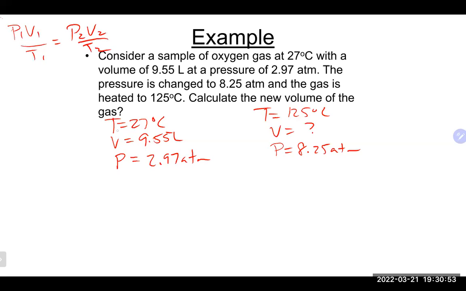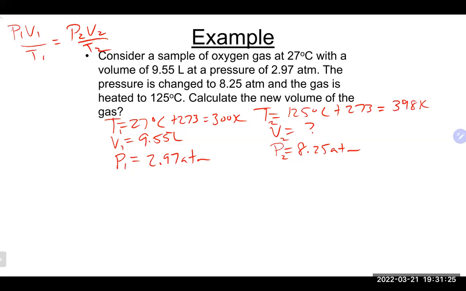We again could just take the first ones in the problem and call them ones. We could take the other guys there and call them twos. In terms of the pressure, they are both atmospheres, which means we're good in terms of the units, but our temperature, much like most, does need to be converted. So we're going to add 273 to each of these. That gives us 300 Kelvin plus 273 gets us 398